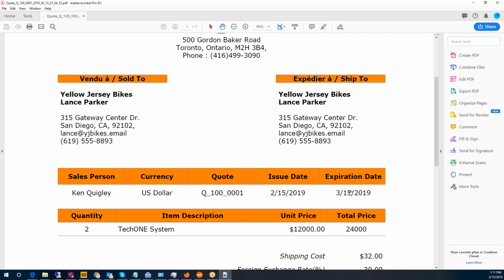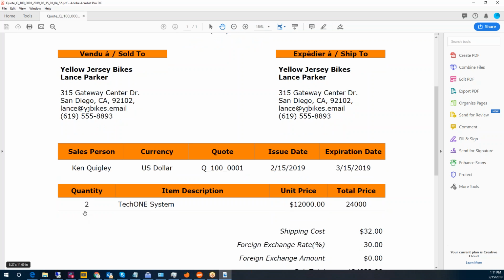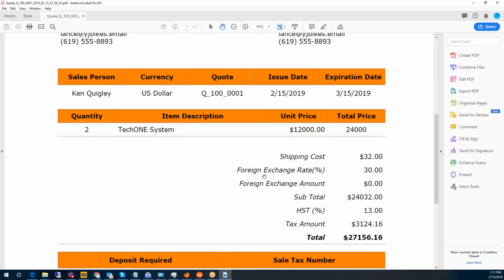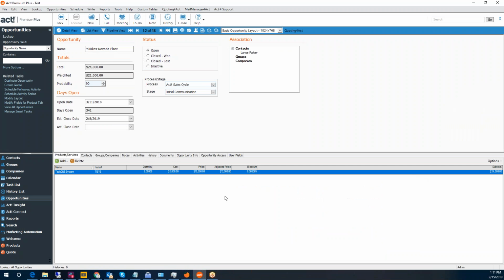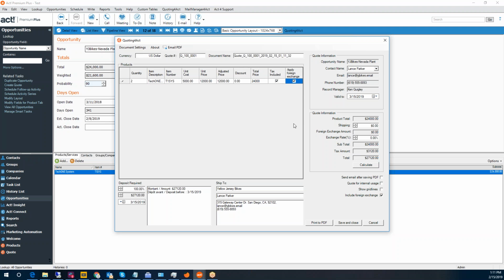So now you've actually got legal control over how long this quote is valid for. And then you've got your line items. You've got your quote, your item description, your unit price, and your total price. Now, because I enabled that checkbox showing foreign exchange, this was surfaced as well, okay? So it's showing the, I think actually, I did not, you know what, let's go back here. And let's go quoting for act. I said apply foreign exchange. So because I didn't have that, I only, in this case, showed the,